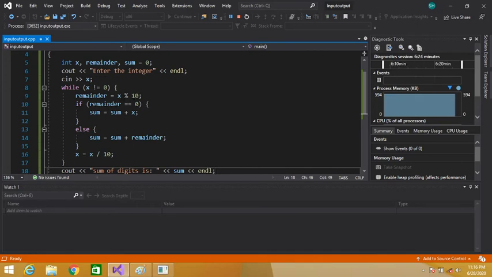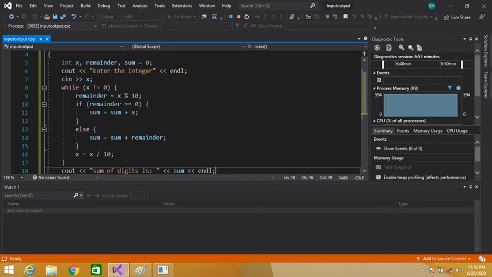So the modulus of 5 will be 5 because 5 is less than 10. If we take 9 modulus 10, the answer will be 9. 1 modulus 10, answer will be 1. 2 modulus 10, answer will be 2. Similarly, 5 is less than 10, so 5 modulus 10 will be 5. So 5 is stored in this remainder.